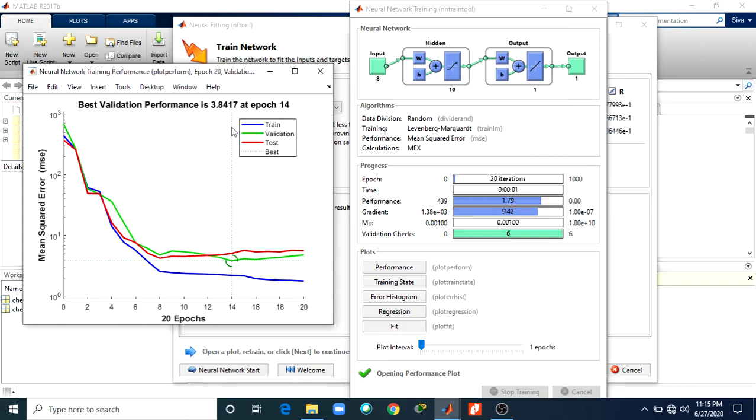The blue line indicates training, the green line indicates validation, and the red line indicates the test value. This is the graph plotted between the 20 iterations and your mean square error.